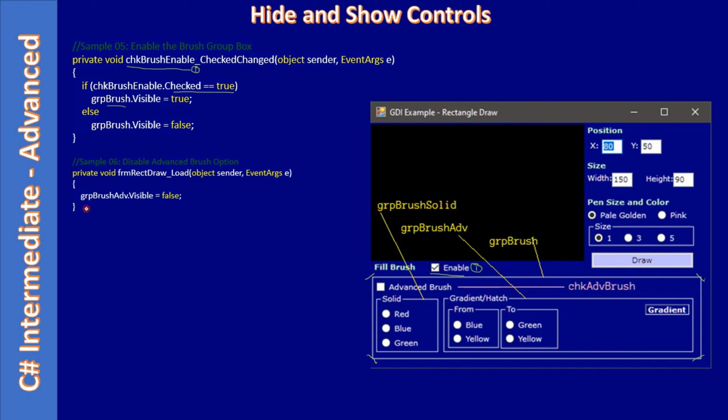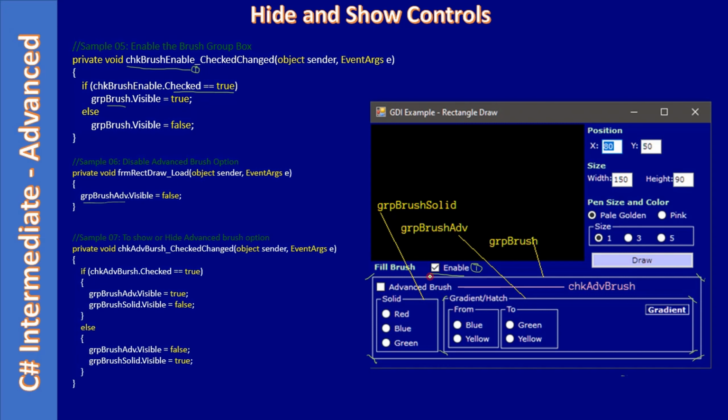So during the form load, GRP ADV brush visible, we are setting it as false. So this is the GRP ADV brush. We are hiding it by default. When the form is loaded, we hide this group box, and we will show this when the user places a check mark here in the advanced brush. So that's the event; next we handle